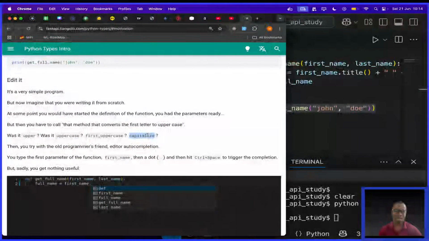But I think many of us have been in this scenario, okay? You don't know what it's called, okay? And actually, if someone told you it is called capitalize, you may say, okay, yeah, that makes sense. Looks like a correct English word. If you say first uppercase, you'll be like, yeah, actually, this is most correct. First uppercase should be the one responsible for converting the first letter of a string to uppercase. But you'd be wrong. Is it uppercase?